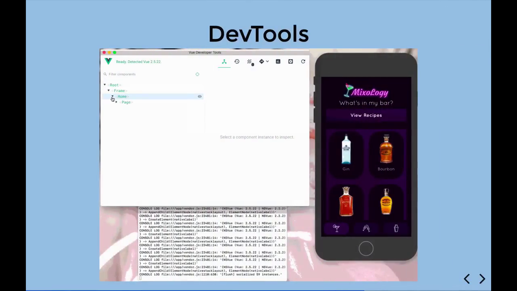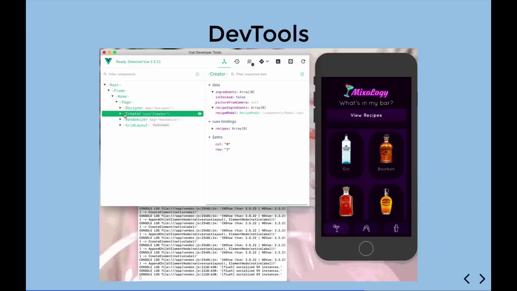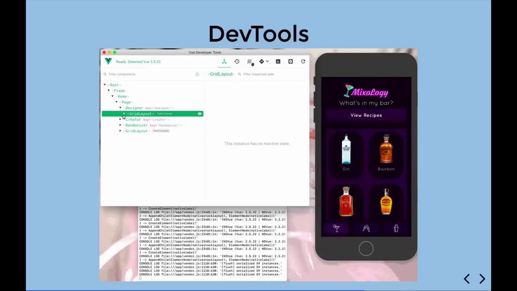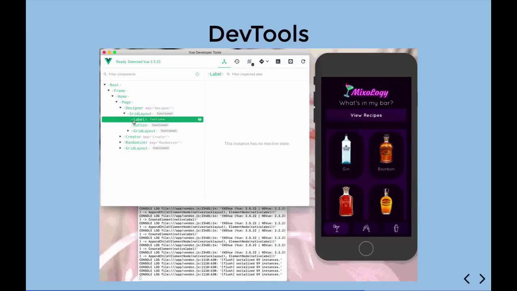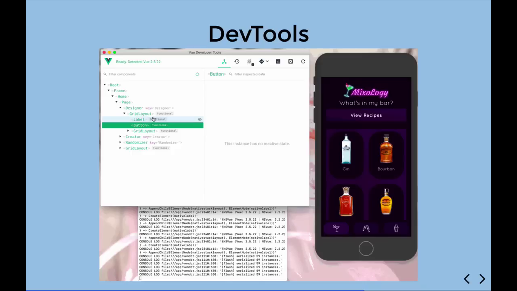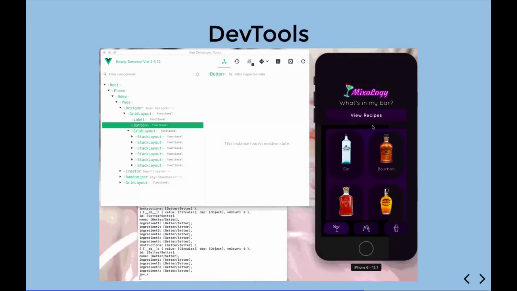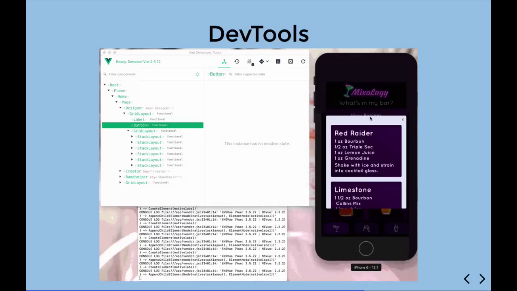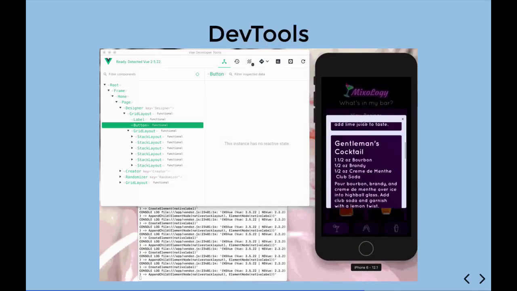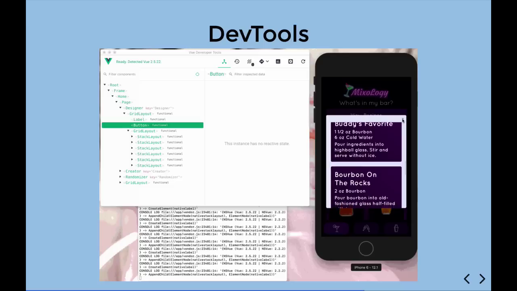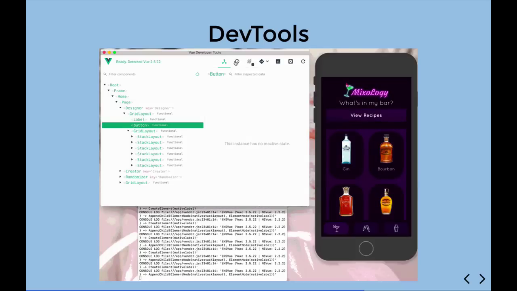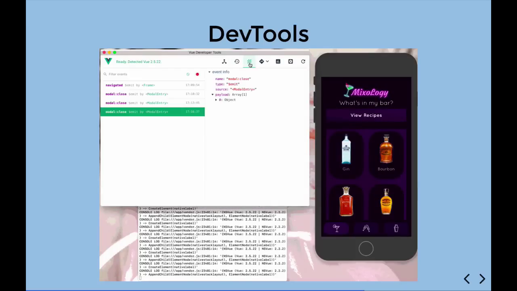Okay. Well, here's another interesting demo app of mine. What I want to do at this point is show you DevTools. So this is super, super useful for all of us who are trying desperately to debug our mobile apps. It is not easy to debug a mobile app, as everyone knows. But there is an integration with Vue DevTools that makes our life slightly easier. And this is really fun because you can go ahead and start drilling into the views that are created in your app. So here you can see the 4 views that I have in my tab navigation, but it also has some interesting